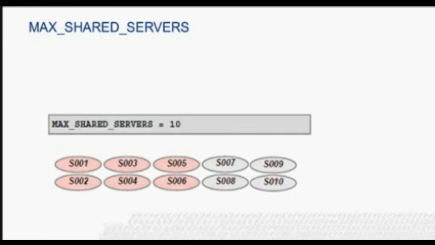max_shared_servers specifies the maximum number of shared server processes that will be allowed to run simultaneously. In general, set this parameter for an appropriate number of shared server processes at times of highest activity. Experiment with this limit and monitor shared servers to determine an ideal setting for this parameter. To get the maximum number of servers started, query the data dictionary view v$shared_server_monitor.